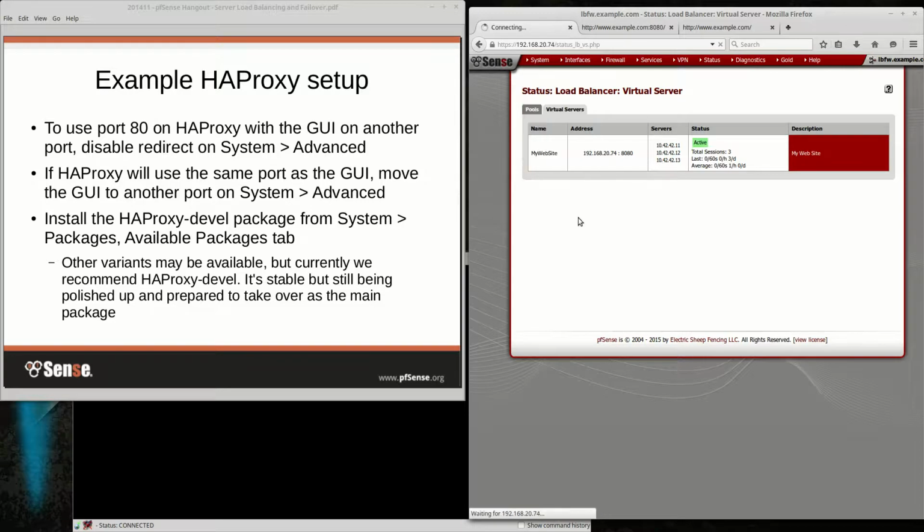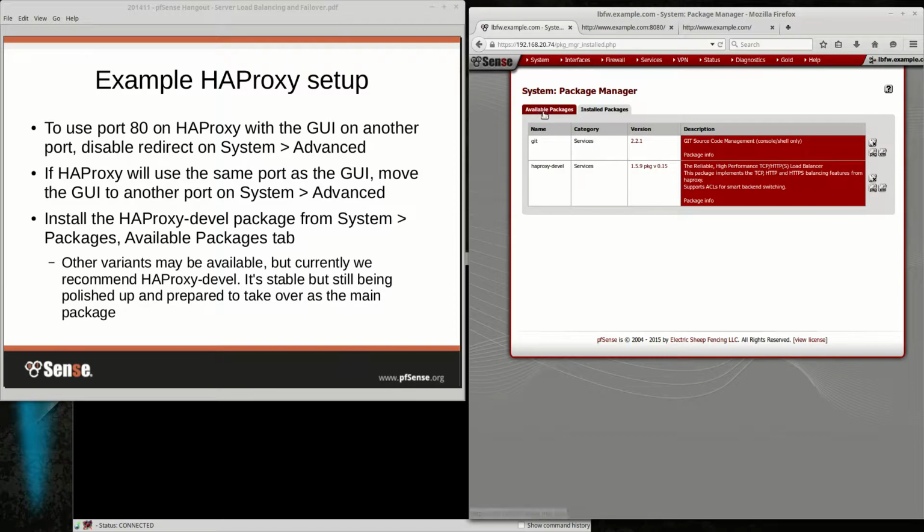If we go here to System Packages, it would show up on the Available Packages tab. As you can see here, I've already got it installed. I am using the HFProxy devel package. Aside from the name, it's stable. We just need to get it renamed over to HFProxy.